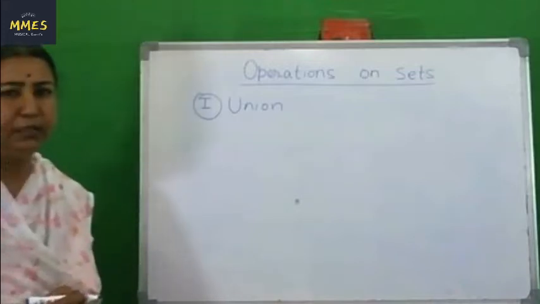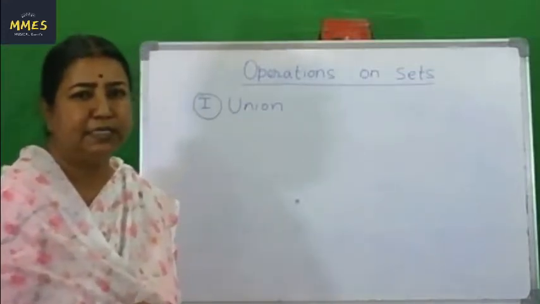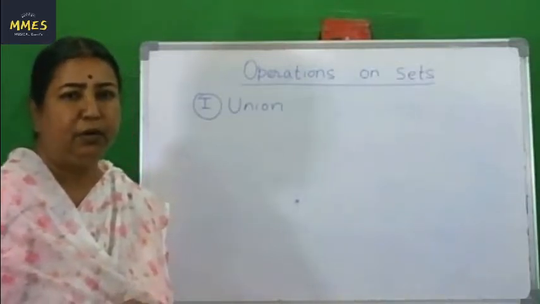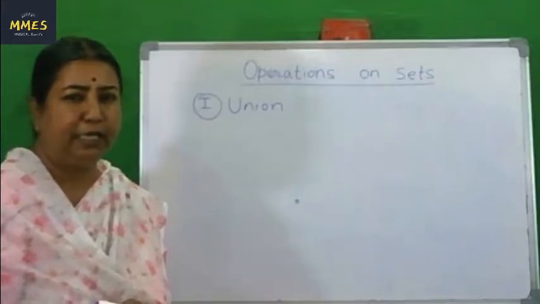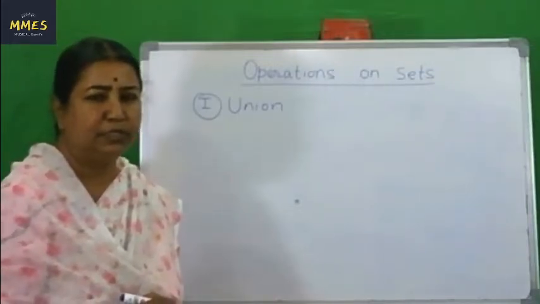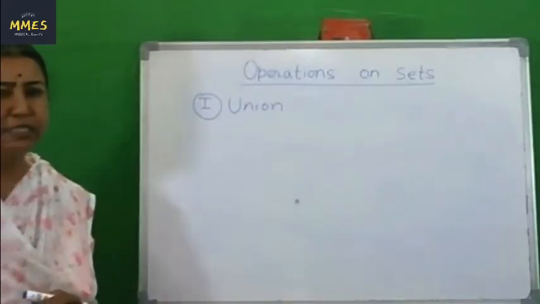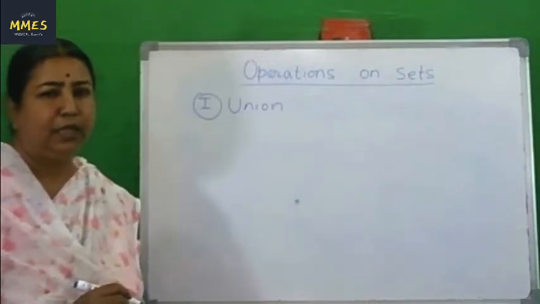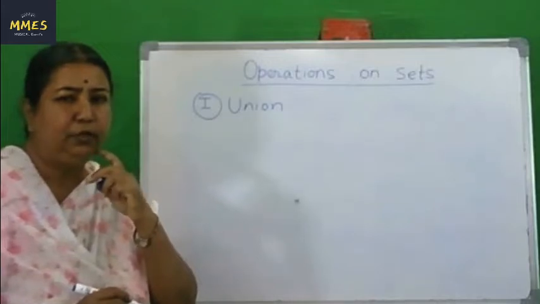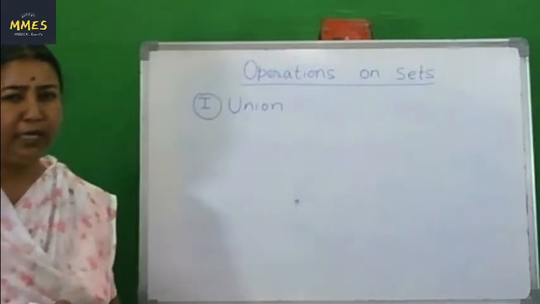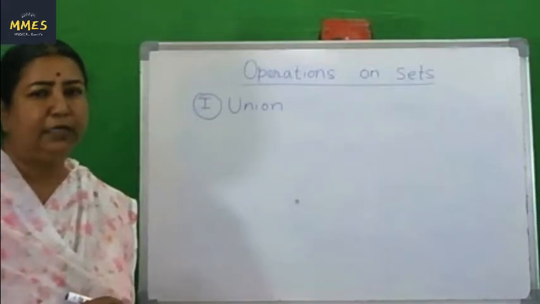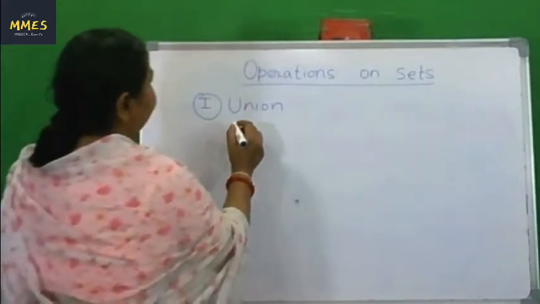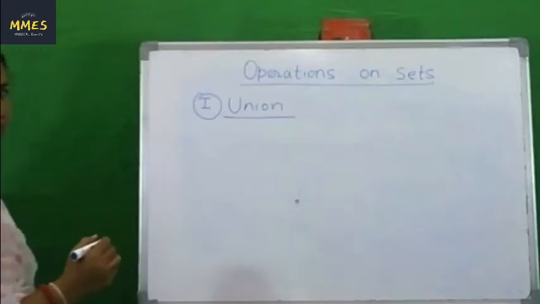If A and B are sets, then we define their union as a set consisting of all elements that belong to capital A or capital B, and it is denoted by A union B. Thus A union B is equal to, within curly braces, X, such that X belongs to A or X belongs to B. Observe that X belongs to A union B if X belongs to A, or X belongs to B, or X belongs to both A and B. So we define this operation, which is called union.